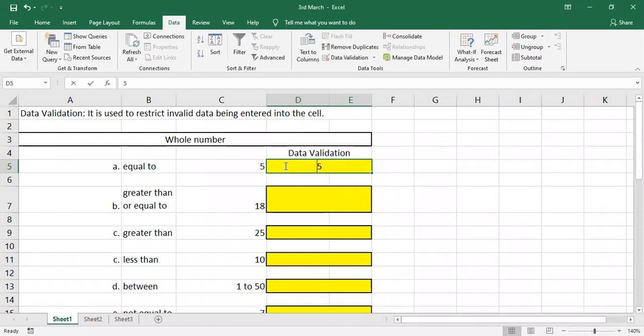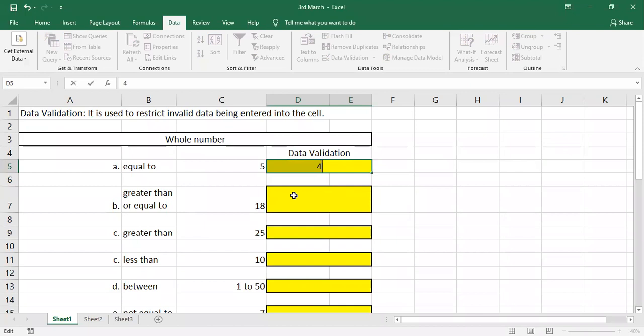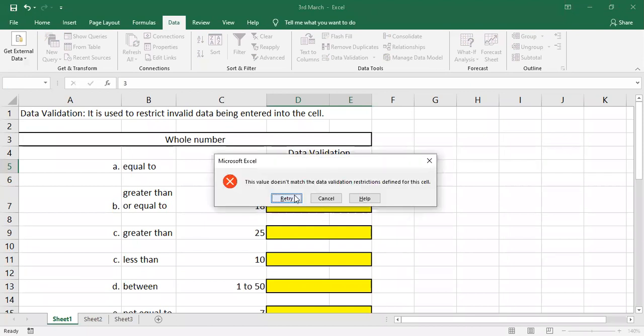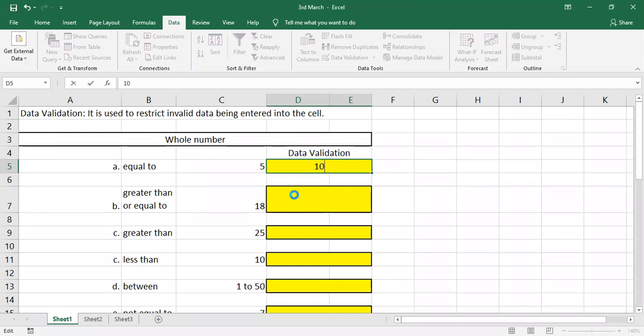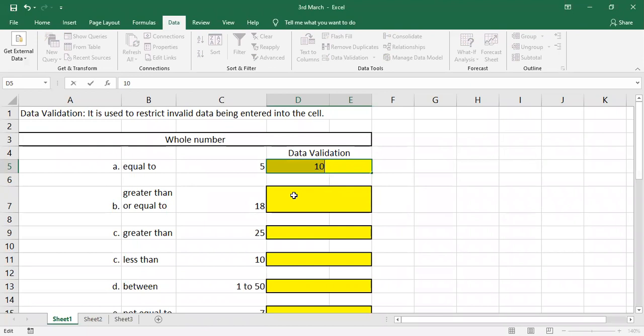Now let me check with 4. It is showing Retry. If I click on Retry, I have to change the value again. I'll give 3, and it is not accepting. Let me check with number 10. It is not accepted, because in the validation I have given that it should only accept 5.